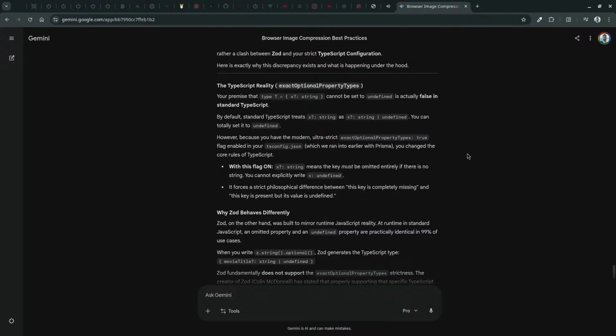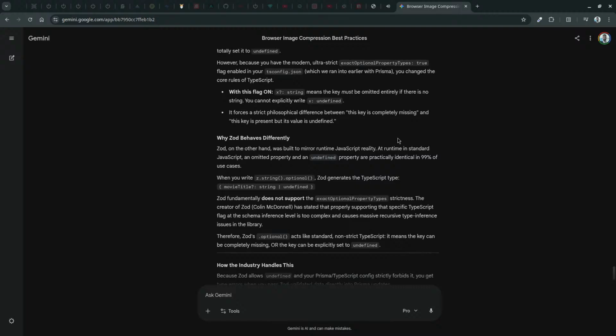The TypeScript reality, exact optional property types. Yeah, it's because I activated this option, exactOptionalPropertyTypes. By default, standard TypeScript treats it as you can set it to undefined. However, because you have the modern ultra strict flag enabled, you don't get those rules. Why does Zod behave differently?